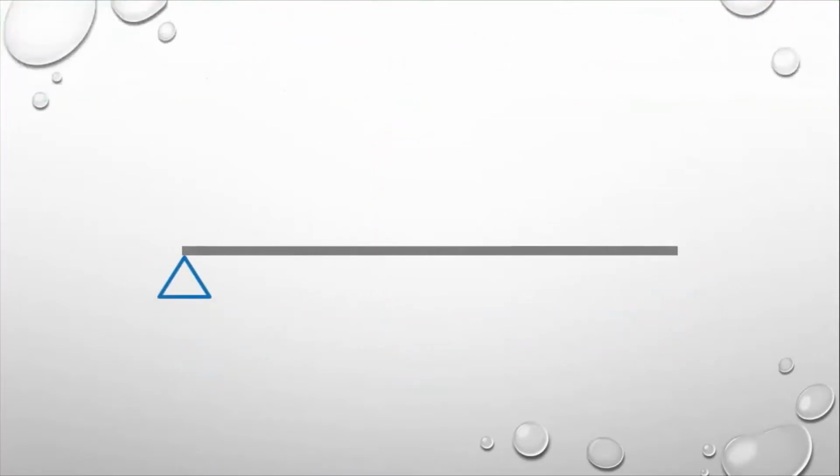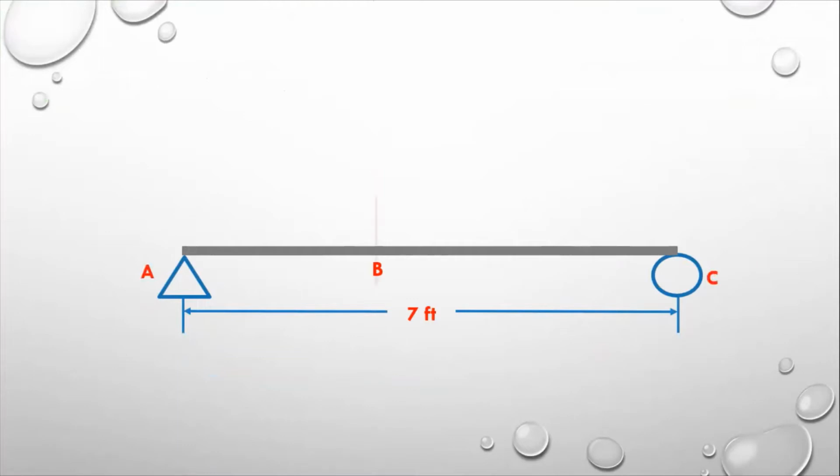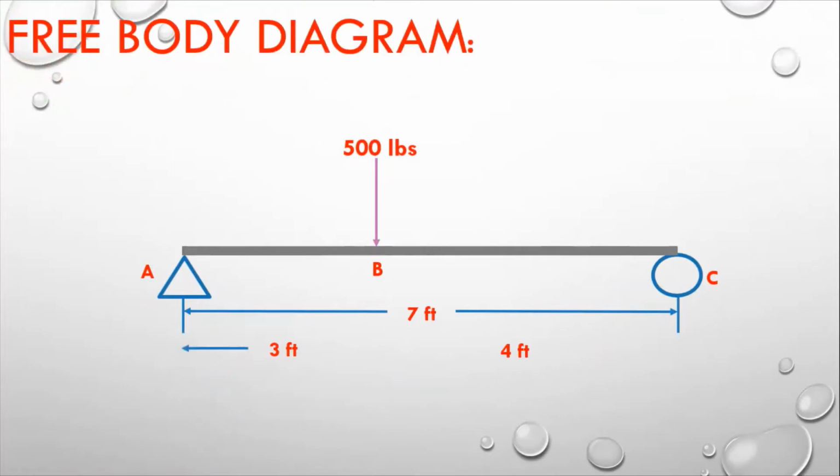Moving towards the next slide, we are going to make a free body diagram and see how many support reactions will come over here. You know that there is a hinge support at point A and a roller support at point C. So there will be two forces at point A and one single force at point C: a horizontal component AX and a vertical component AY at point A, and only CY at point C.